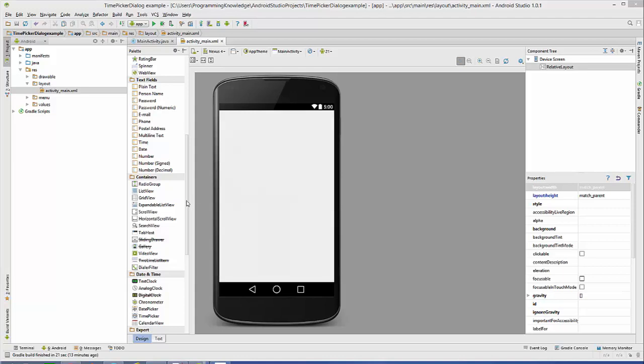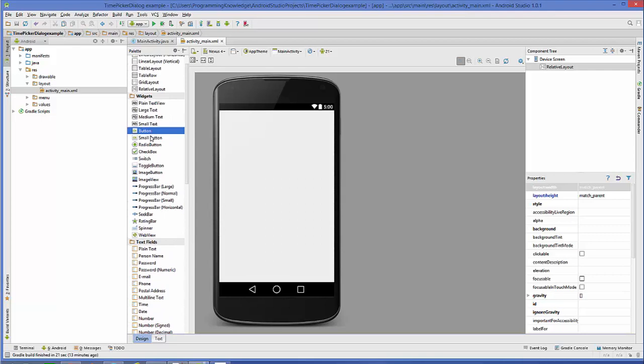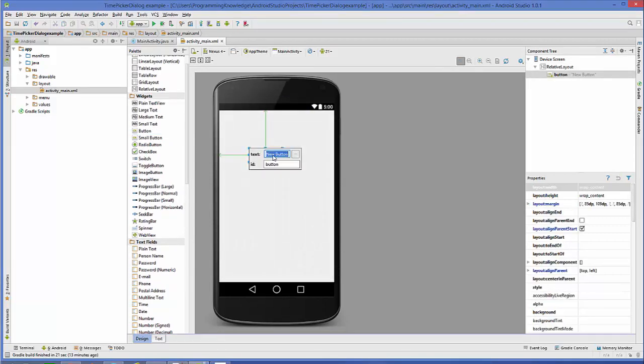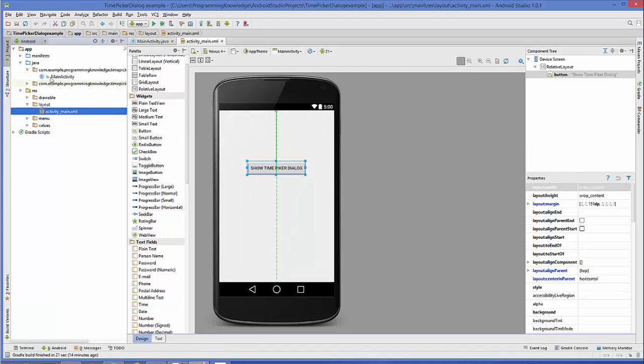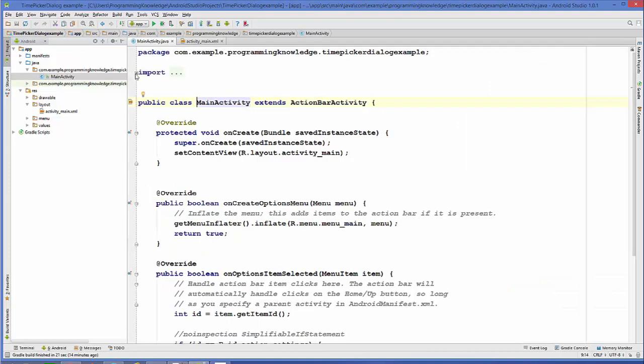So first of all, I'm going to take a button, and I will change the text of this button as show time picker dialog. Okay, and we just need this button in order to open the time picker dialog. So we will directly go to the main activity.java file. Just go to your Java folder and open your main activity.java, and in here we will write the code